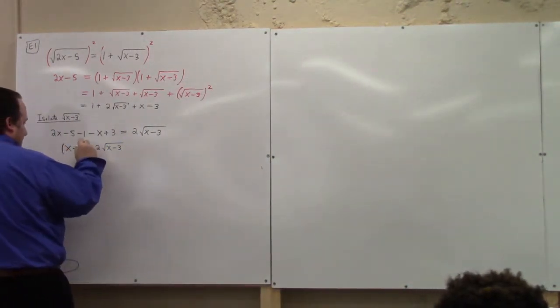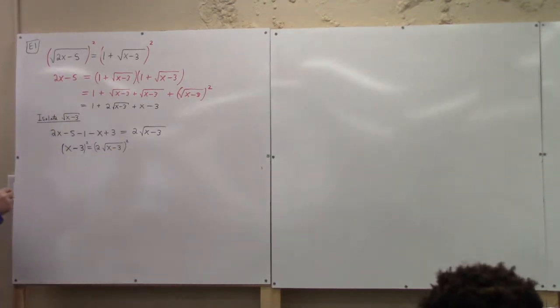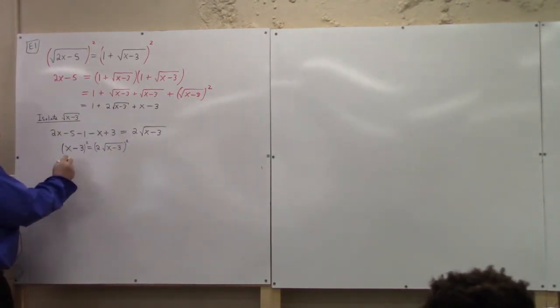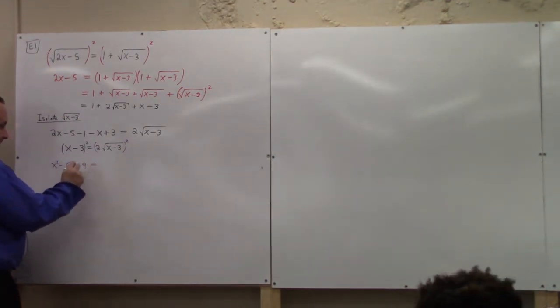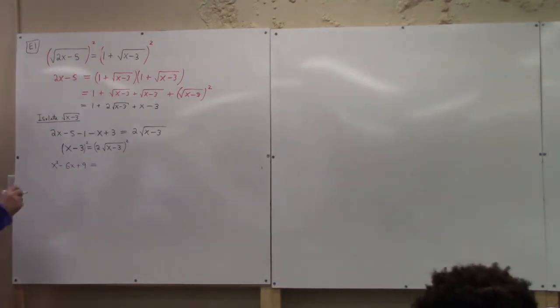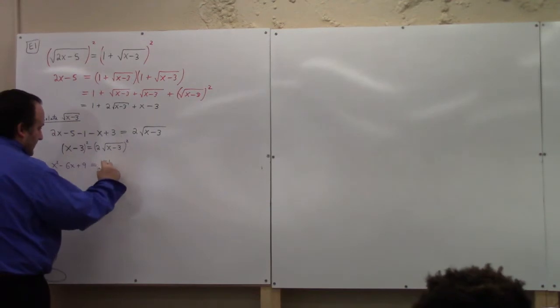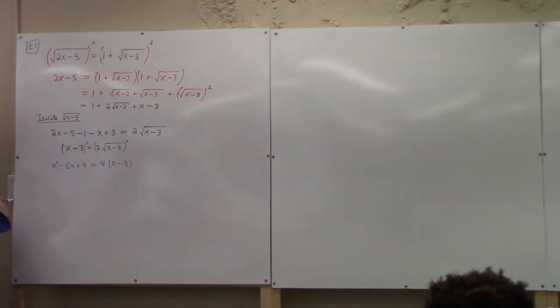We have a square to spare. Let's see here. So squaring x minus 3 gives us x squared minus 6x plus 9, all right? And squaring the other side gives me 4 times x minus 3. I can write out more steps if you want, but